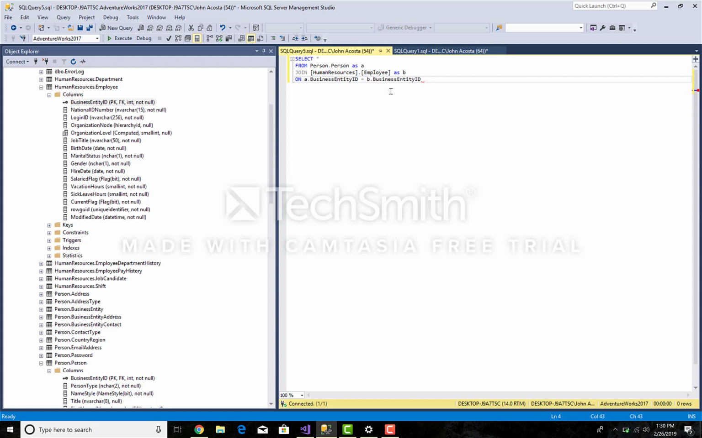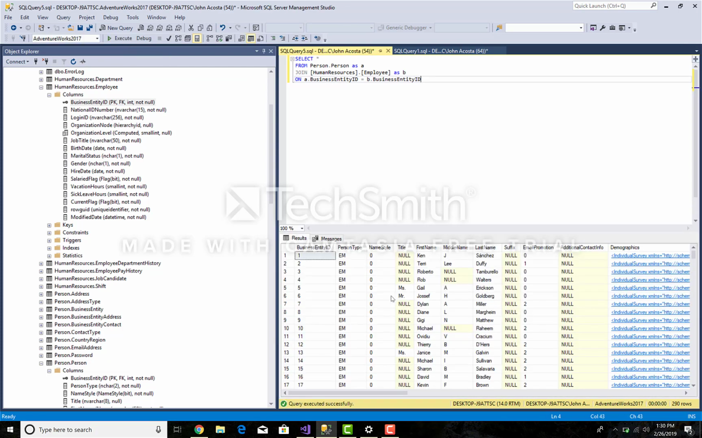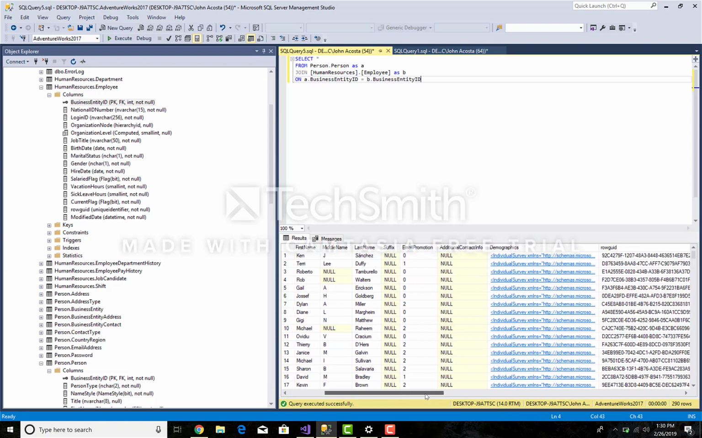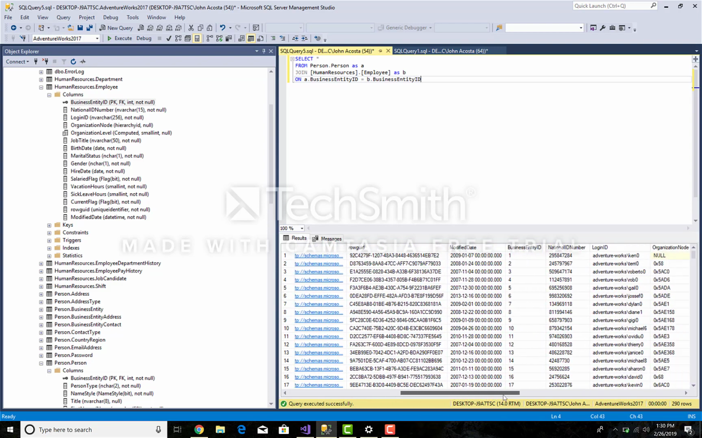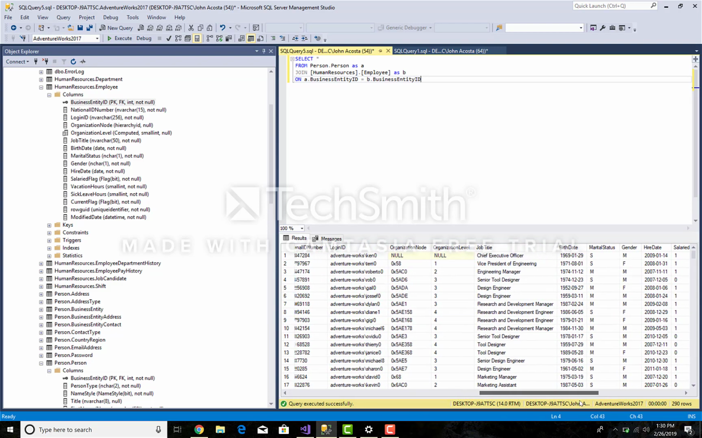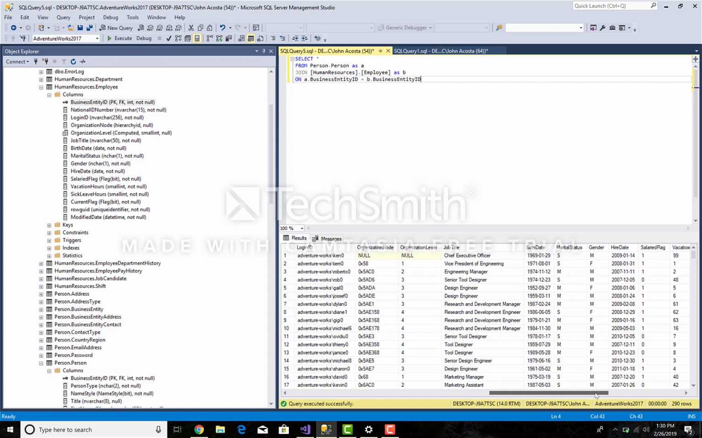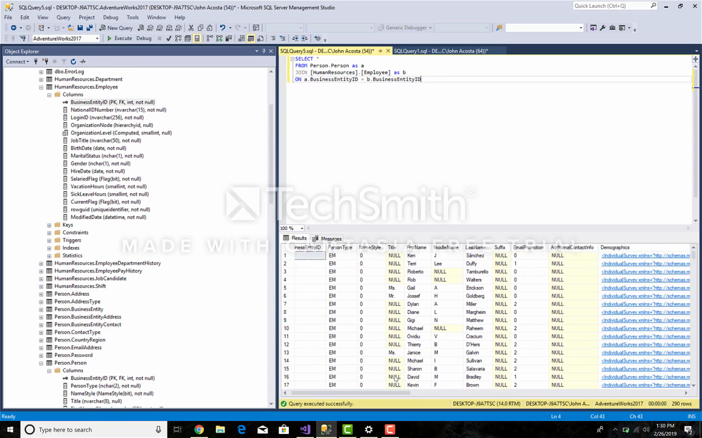So we can select it here, and let's just go ahead and execute this. Now, if you can see the columns that are returned, it returned all the columns from the person table and also all the columns from the employee table. So let's go ahead and